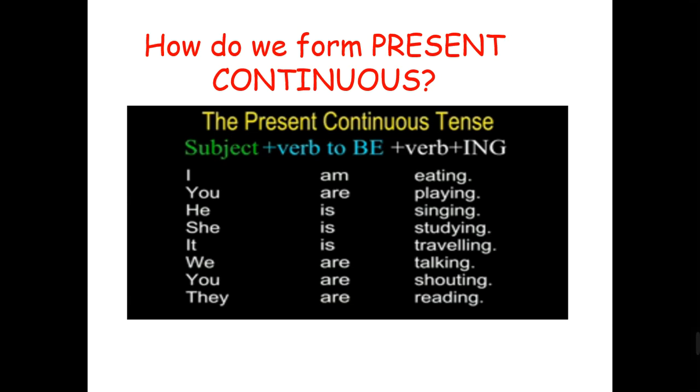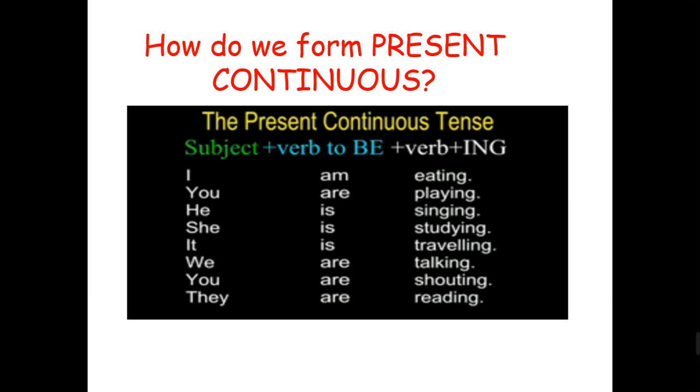Now let's move on to the next tense, which is close yet different from the present simple. That is the present continuous tense. How do we form it? As we said, we start with the subject. After the subject, we add the verb to be according to the subject, and then verb plus ing, like I am